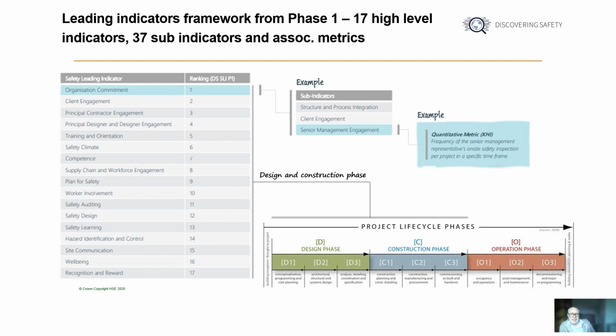I'd now like to take a deeper dive into the various parts of the project, starting with the leading indicators of health and safety framework developed in phase one. This framework provides the foundation for phase two work and is a framework for using leading indicators of health and safety performance, specifically on construction projects. The framework identifies 17 key dimensions of performance, covering both the design and build stages of a project, and identifies all the key areas of a project that play a role in determining how well risks are controlled over the